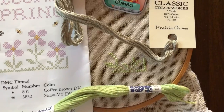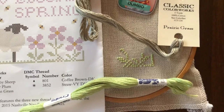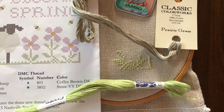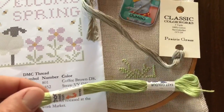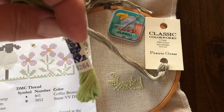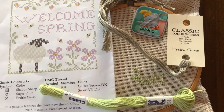So this was all I got for today with my start on Welcome Spring because I've got to go to work, unfortunately. I had decided to sub out the prairie grass, which is called for in the chart, for something a little bit more pastel and green, only because the prairie grass really wasn't popping on the fabric. So I chose an Anchor thread. What number is it? Not very clear, 264,